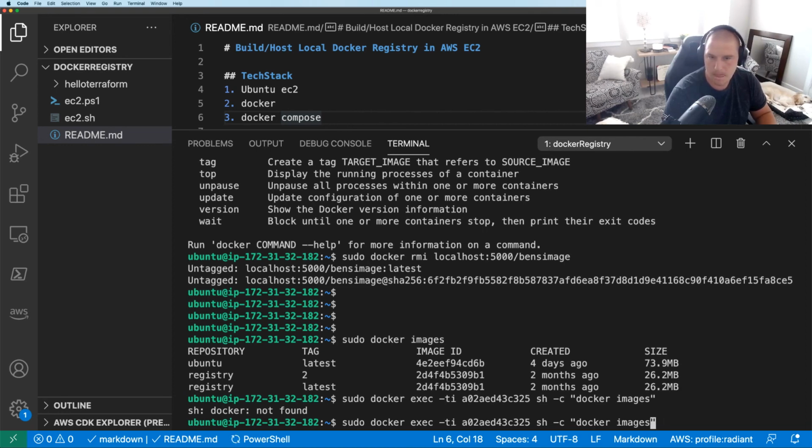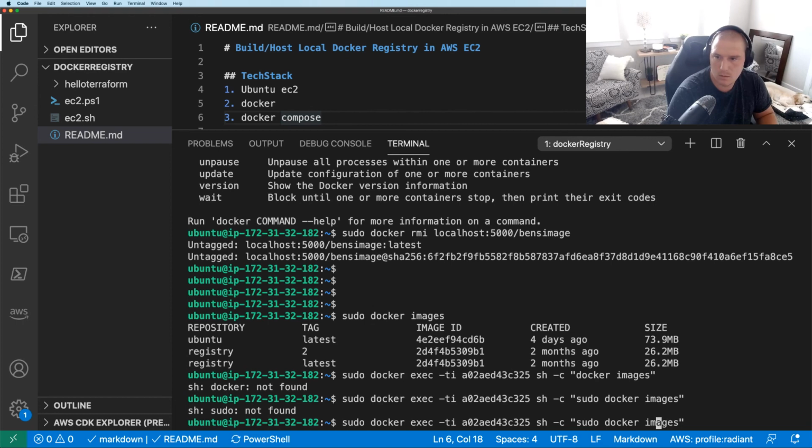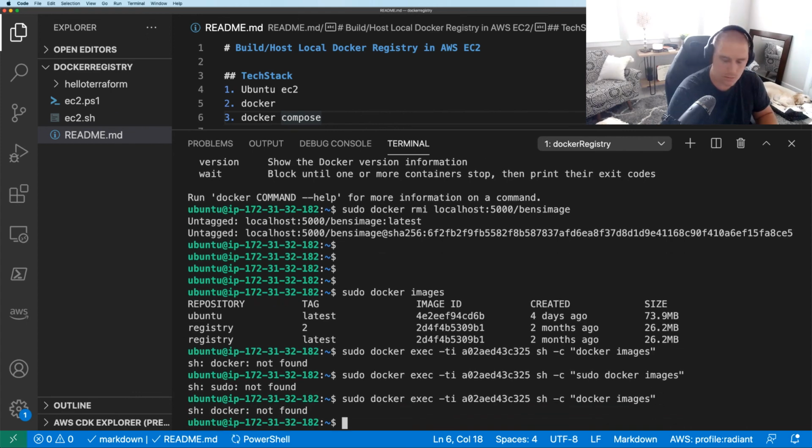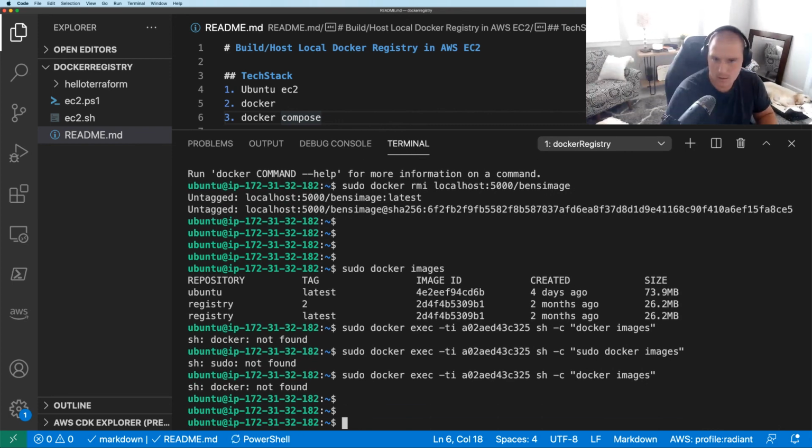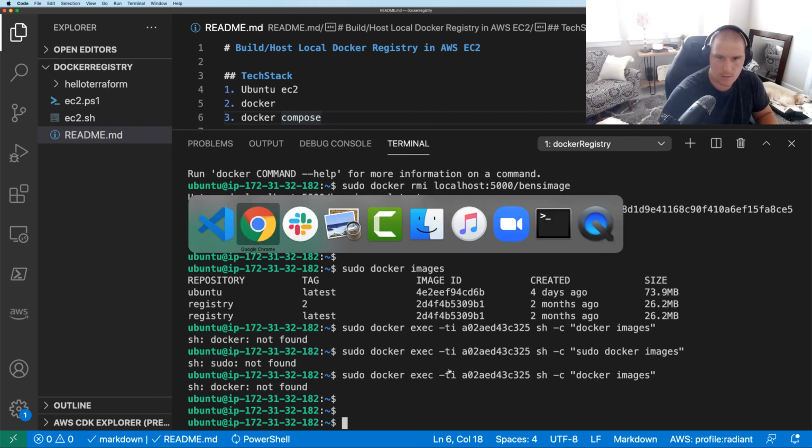So it seems like that container is not actually running Docker. It's just hosting some sort of web server. I don't know the inner workings of that container. Yeah, it appears Docker's not actually inside of the Docker registry container, which kind of makes sense. So now I think if we go back to the tutorial here,